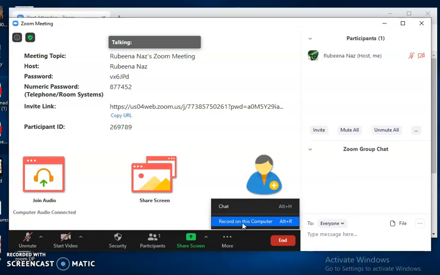In the end a message box will appear on your screen, where you can give the path where this recording will be saved: in your documents, your downloads, or on your desktop, or wherever you want to save it. So you can give that path and your recording will be there.